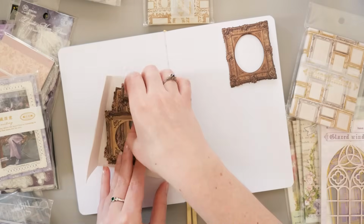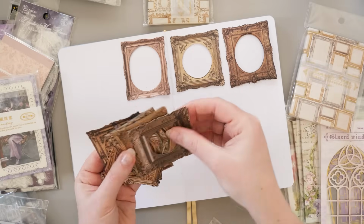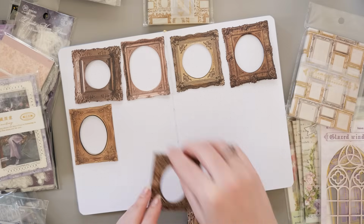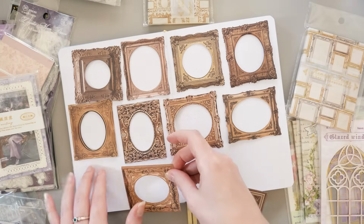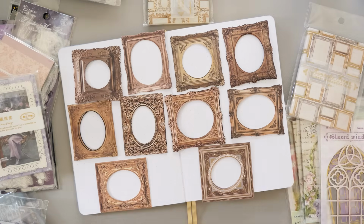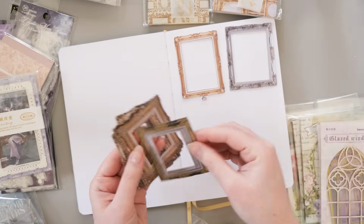Isn't that nice? These ones are more kind of square shapes with a round opening for your little piece of artwork, so they're a bit more of a dense, bulky frame, but very ornate, very vintage vibes. Try saying that 5 times fast. And you do get 2 of every frame in a pack as well, which is very nice. I've layered them on top of each other just for demonstrating purposes, but you do get 2 of each frame,